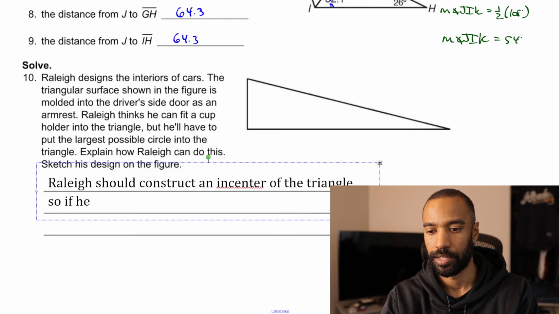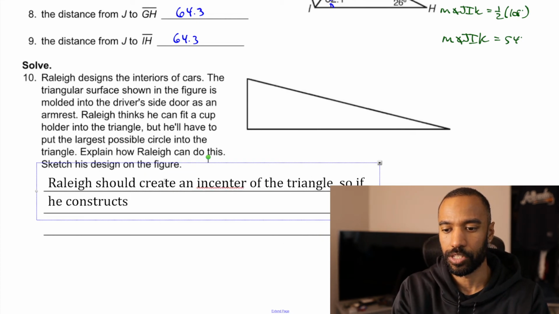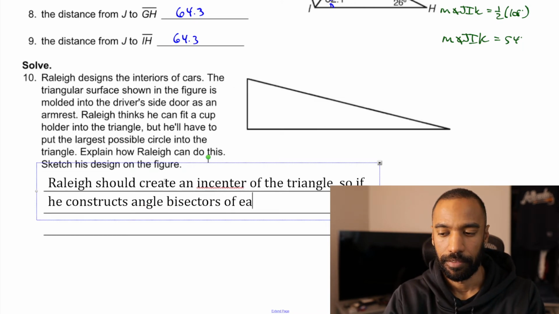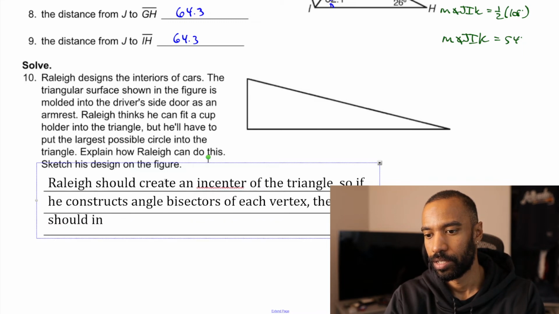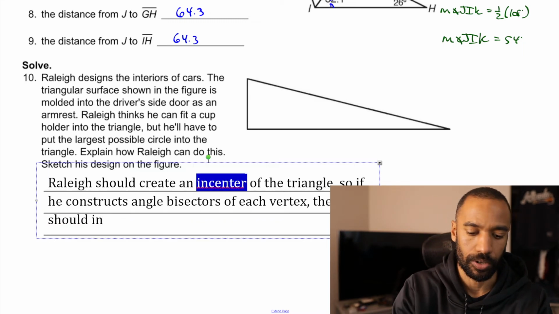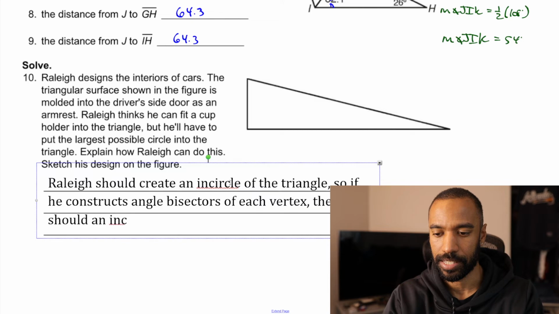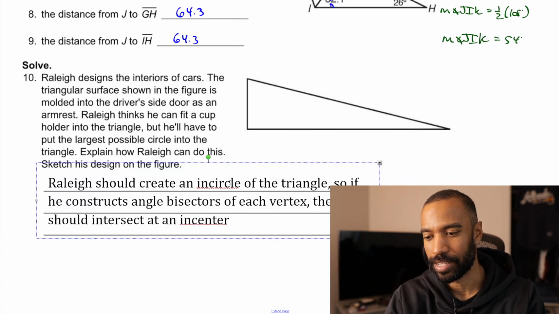So if he constructs angle bisectors of each vertex of the triangle, he should create an in-circle. I'm sorry about this. He should construct, and that's a word, he should construct an incenter, or they should intersect at an incenter. You can tell I didn't do this one yet. They should intersect at an incenter,